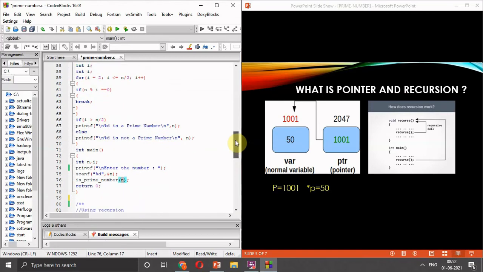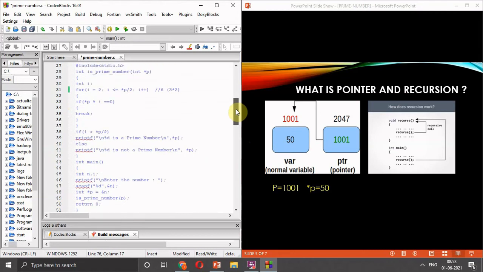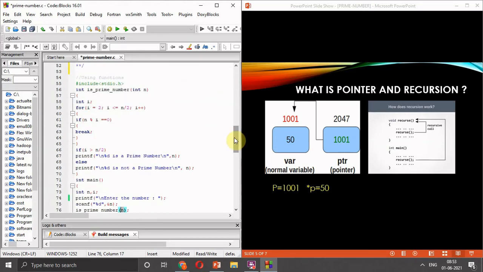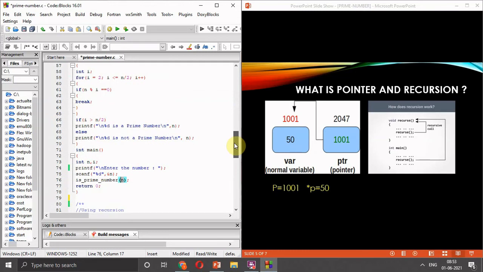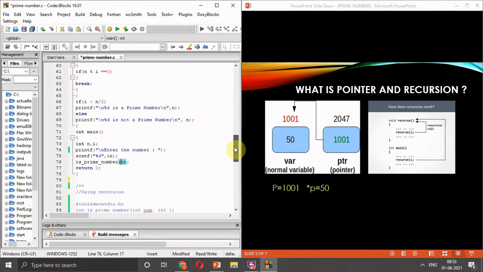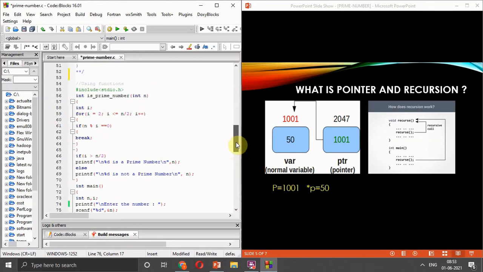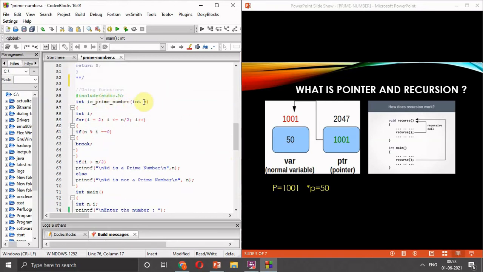Only here we are passing n, the variable in which we stored the number entered by the user, and in the previous case we were passing a pointer, or taking the input in the form of a pointer.